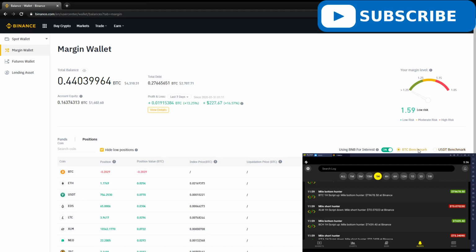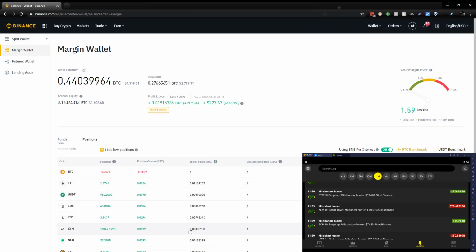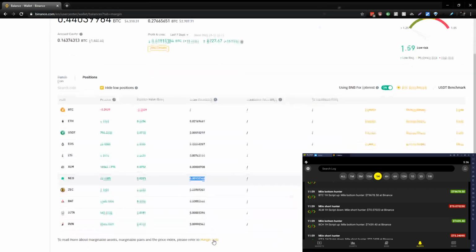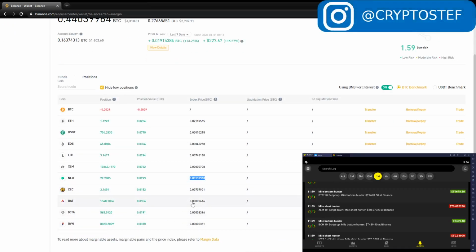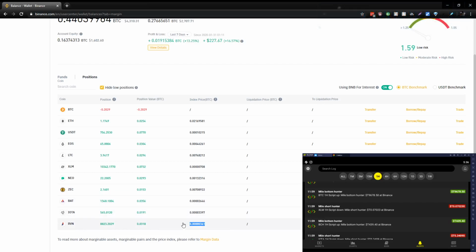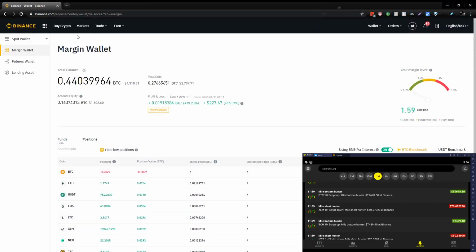XLM, let's see which is the price. So currently I'm at a loss on XLM. Neo, that's on BTC pair. BAT also on BTC pair. IOTA and Raven coin. So Raven BTC is going on a tear. So as you can see on the crypto markets,